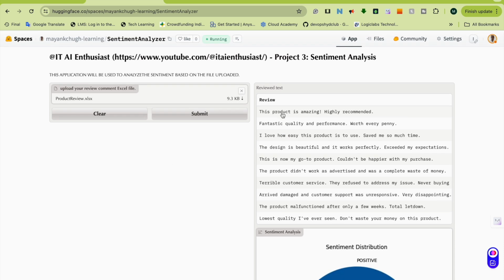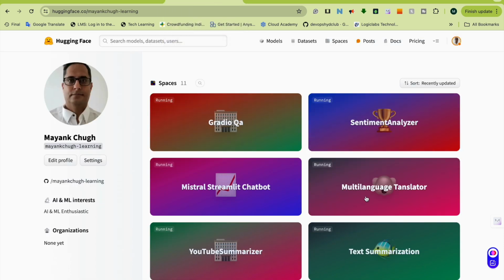So this is the one I have already done, and I'll show in this video step by step how you can get that. I've already written the code, so I'll not write the code, but I'll do it step by step so that you understand how it happened. Earlier I have done text and YouTube summarization, so the part I have done in those videos, if it's common, I'll skip it. So without wasting much time,